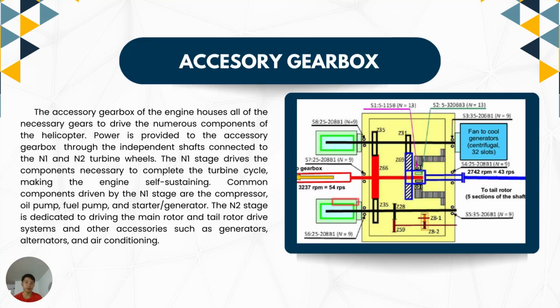Next is the accessory gearboxes. In helicopters, accessory gearboxes are very essential components. They transport power from the main rotor or engine to various auxiliary systems, and typically consist of gears and shafts enclosed within a protective casing. These gearboxes drive critical accessories such as the tail rotor, hydraulic pumps, generators, and other necessary systems for flight and operation. The accessory gearbox ensures that these auxiliary systems receive the appropriate power and operate reliably throughout the helicopter's flight by distributing power efficiently. It contributes to the overall performance, safety, and functionality of the aircraft.